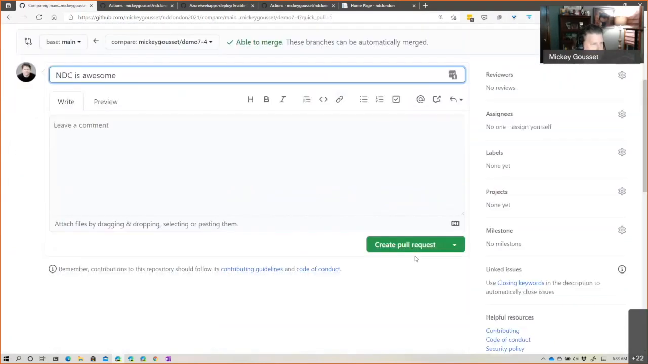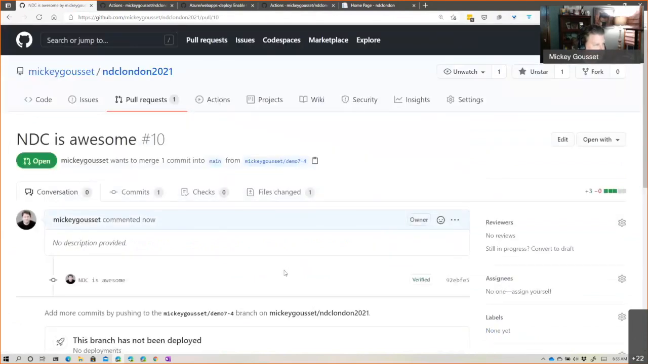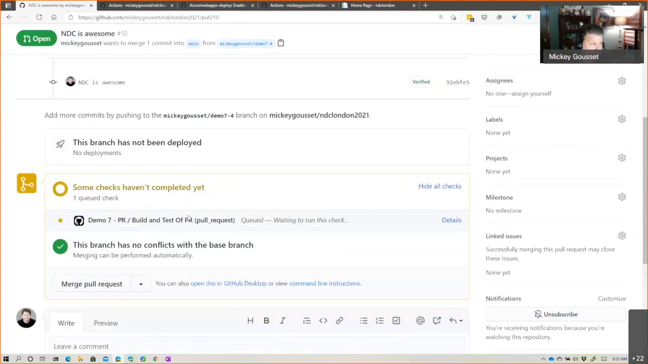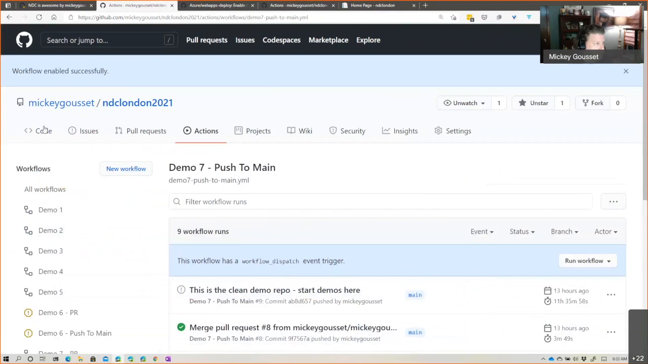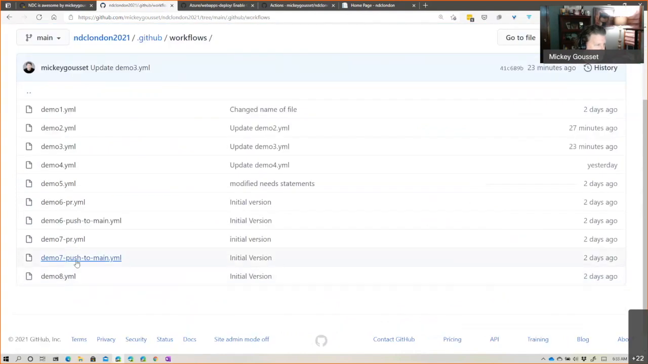And I'm going to create a pull request for that change. What we should see in just a moment is our PR workflow should run, which does the build and the test, and should ultimately output some stuff for us. Now, if we go back over and look at the workflow that's going to run when we finally push to main, that one,